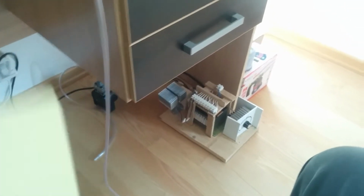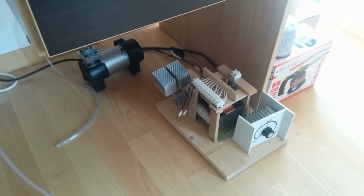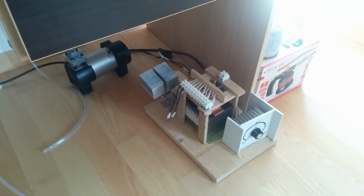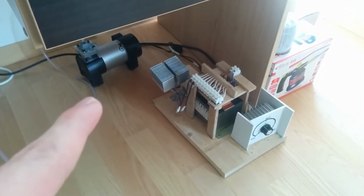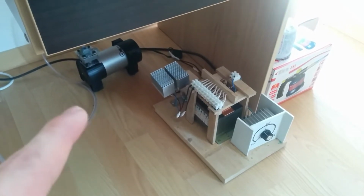Next, the machine. I'm not gonna go into questions. I'm just gonna answer them as quick as possible. Basic stuff because the questions get repeated. And so what I use is this compressor, it's 12 volts and it's DC power, so I have to convert that